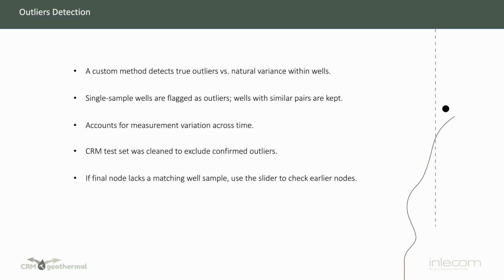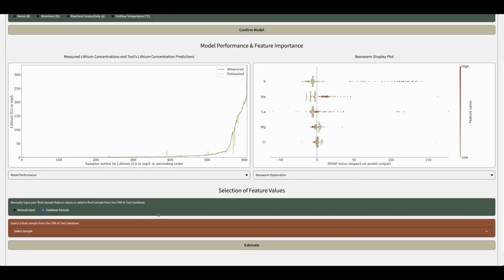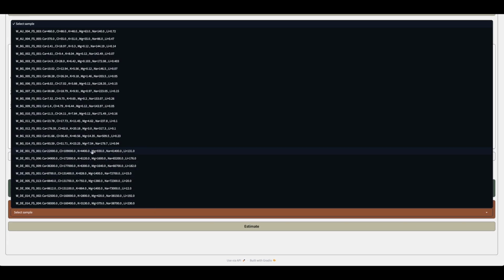In the previous example, the final decision of the decision tree was based on a sample from the same well. If the sample did not appear in the final decision step, it would be necessary to step the slider backward to check if it was included in the previous steps. Decision trees select their paths randomly, and sometimes a very similar sample in terms of feature values can be split just before the final node, causing it not to be considered in the final node. This is crucial to avoid drawing incorrect conclusions about whether a sample is an outlier or not. In the case of a newly manually inputted sample, the user can assess its potential as an outlier.